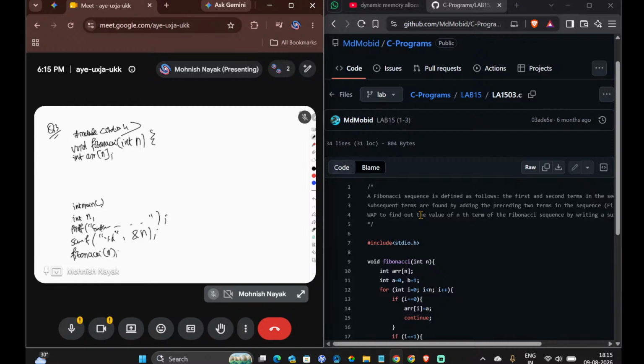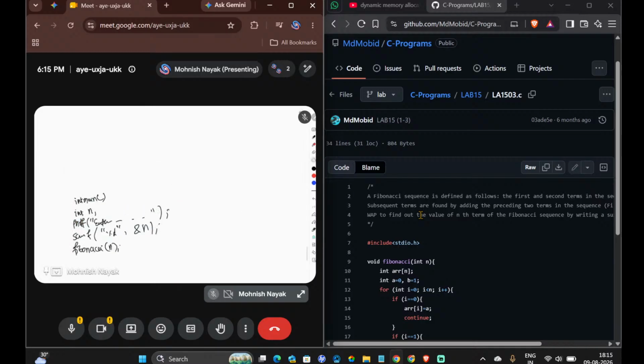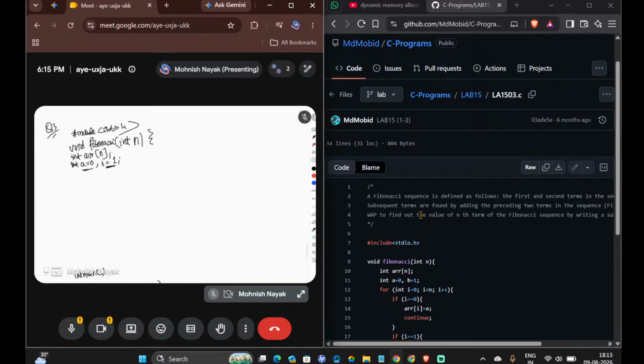Then we'll declare some variables equal to 1, because this one is the first term, this one is the second term, right? Then we will just, let's do it faster. Okay, for int i equal to 0, i less than n, i plus plus,